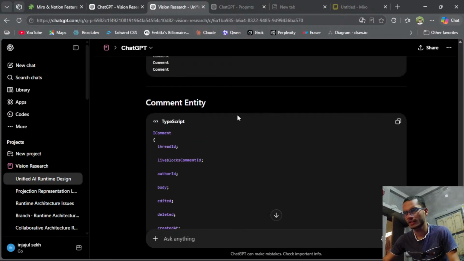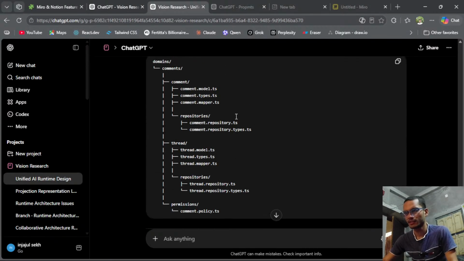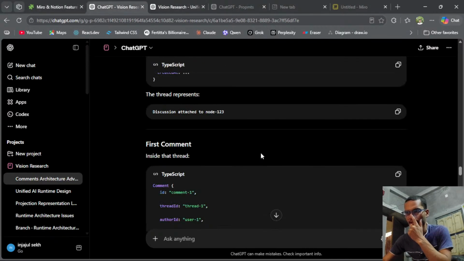This is the application layer, and this is a domain layer. So as I understand,